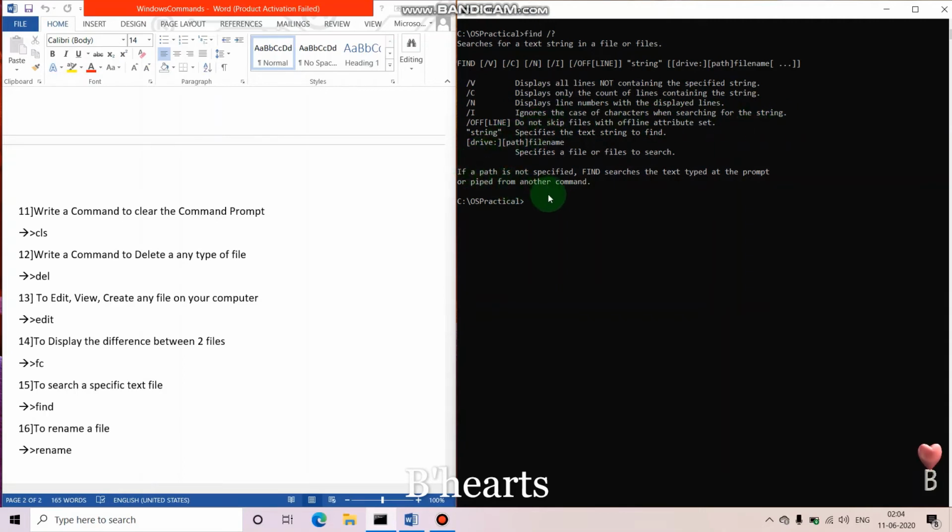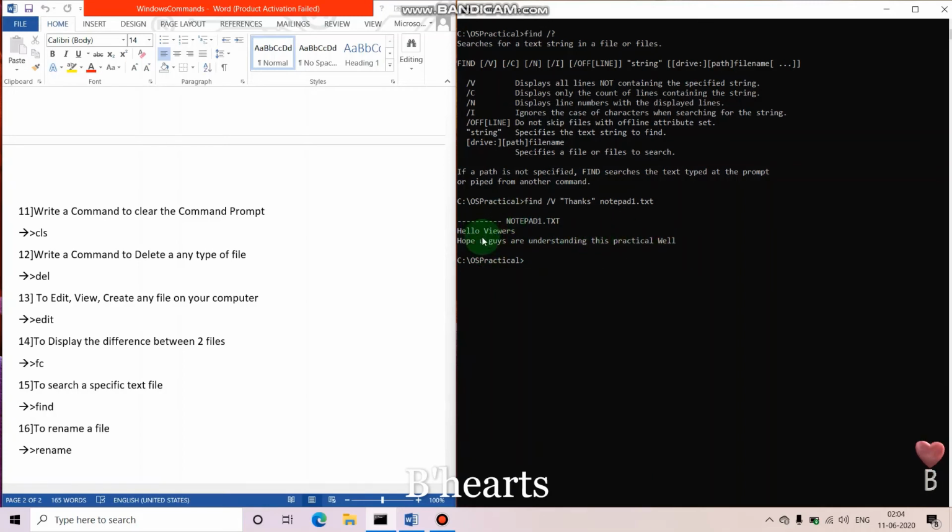Okay, now let's demonstrate the use of this particular command, /v, space. What this parameter does is display all the lines that do not contain that particular string. So I'll write thanks as that string, and then you have to specify the file name. In this way you write the command, and then press enter. Now you can see, hello viewers, hope you guys are understanding this practical well.